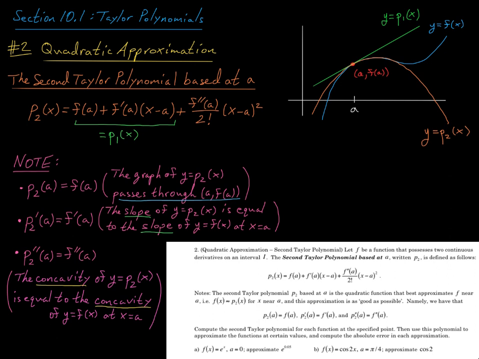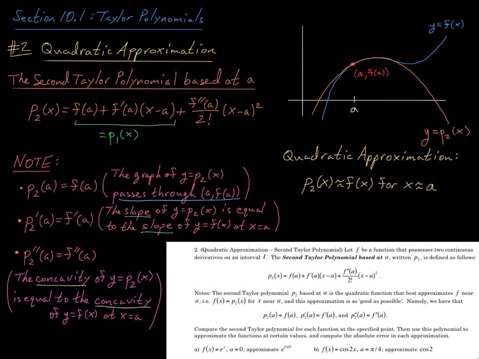So the whole idea here is we're looking to construct this quadratic function that's going to give us good approximations to this blue curve near this point a. And this type of approximation we call a quadratic approximation. All right, so now what I'd like to do